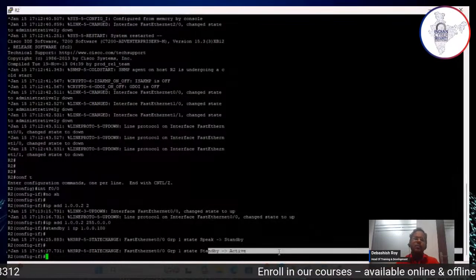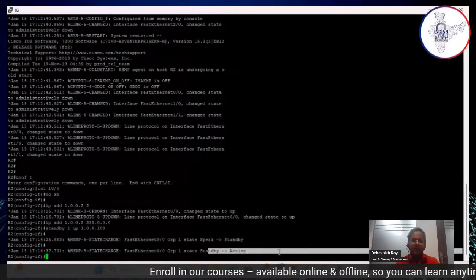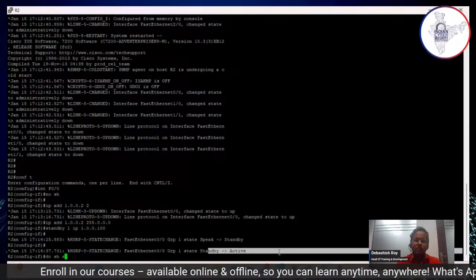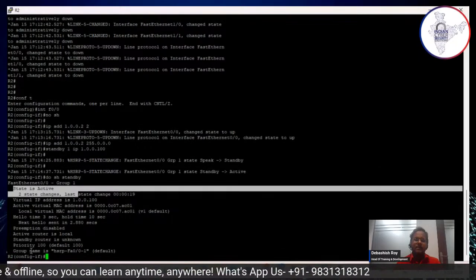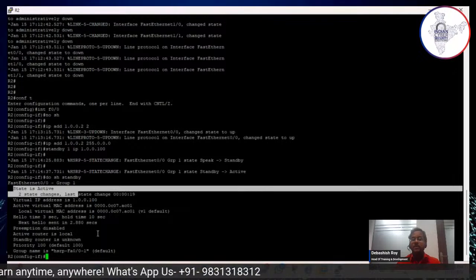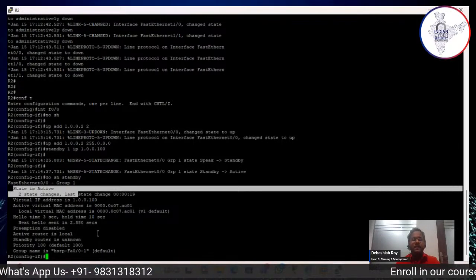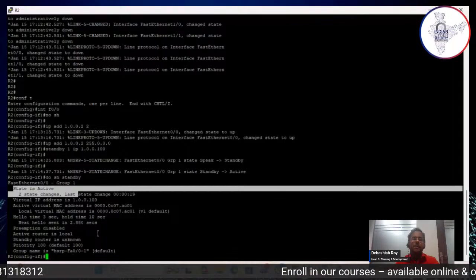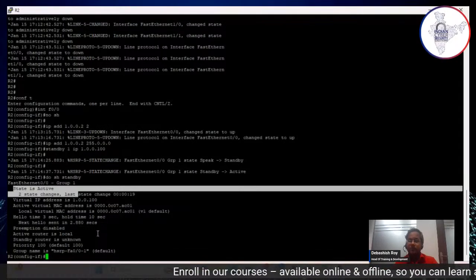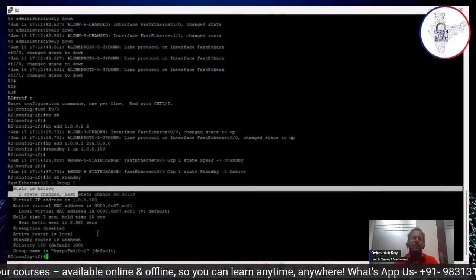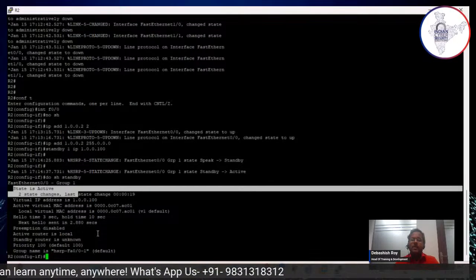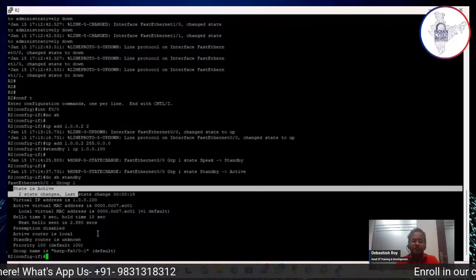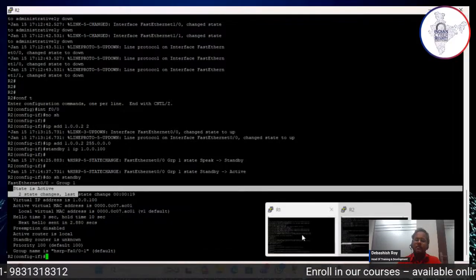Like if you have any physical or logical failure, then the role is shifted, and you can check it with show standby. You can see that this state is active, and by default preemption is disabled. Preemption means if the active router has preemption enabled, then it will again become the active once the interface state is restored. But I have disabled the preemption. Preemption is disabled by default in HSRP and GLBP as well. So definitely the third router, if it has a higher priority, it will become the active router once it is restored. So now this is the HSRP configuration,